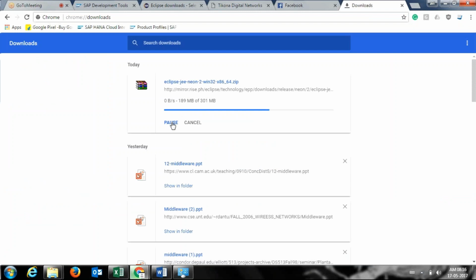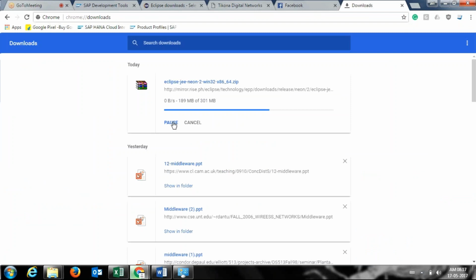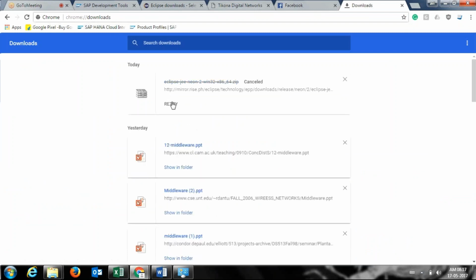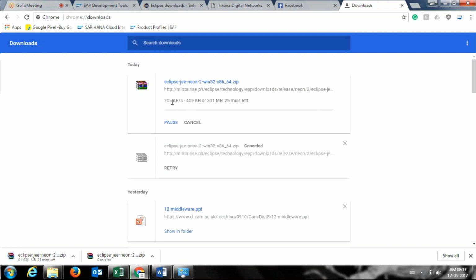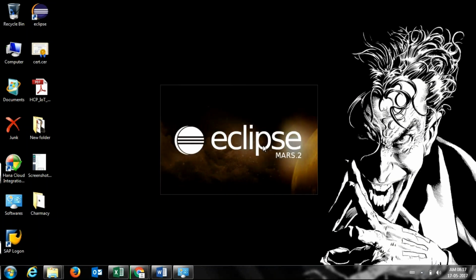One second. Just got paused. It happens every time. Anyway, I'm just showing from my Eclipse itself, the Eclipse which I have at present, which is the same as that. So first of all, you have to go to your